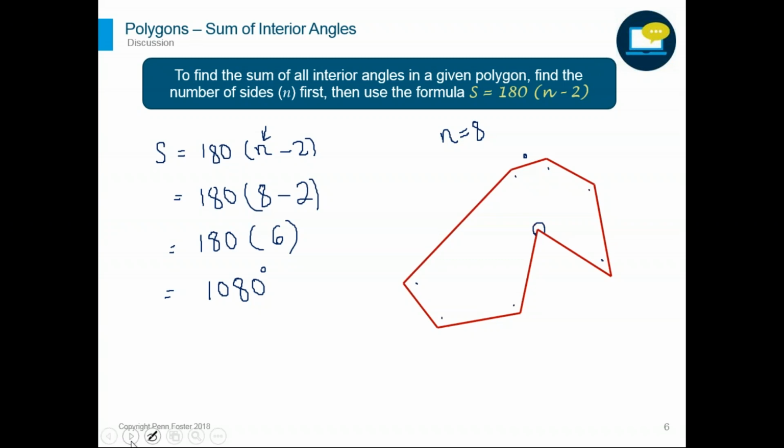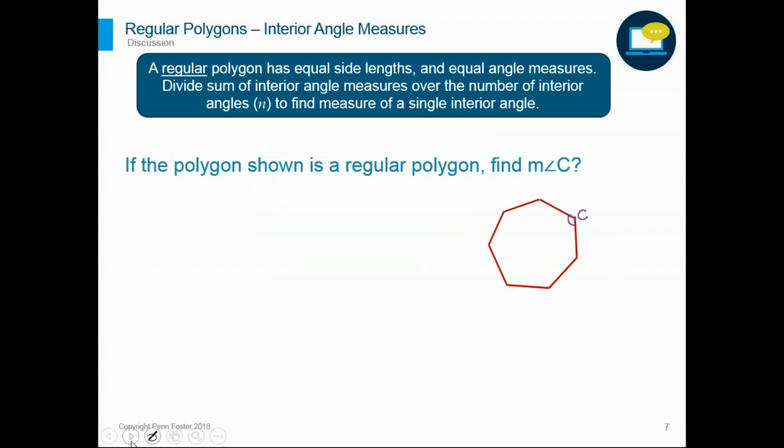So let's look at the next question about polygons, but this time we are talking about a special kind of polygon, regular polygons. Regular polygons are polygons in which all the sides have the same length, like a square, for example. A square has 4 sides, and each side is equal to all the other sides. So in that case, we are able to call a square a regular polygon. The one that we have on the screen,